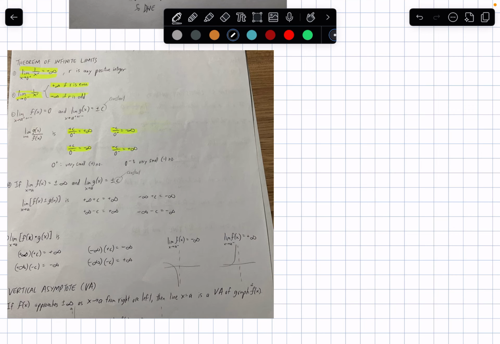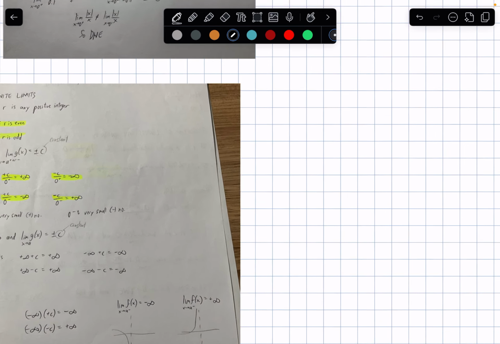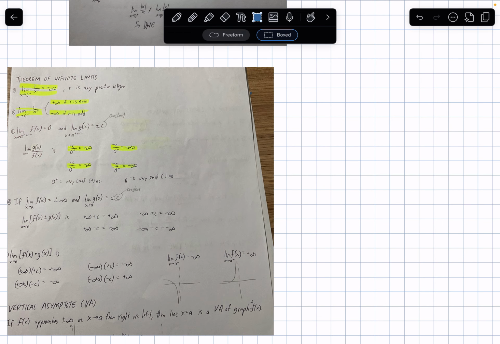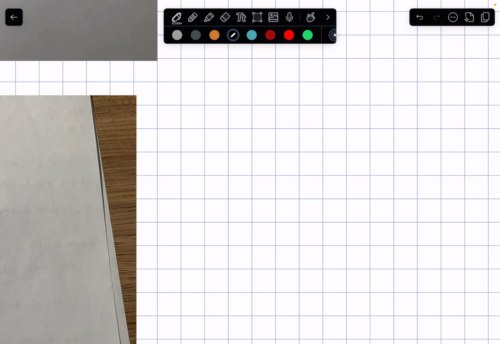Okay, so in this video, we'll have a rundown on the theorem of infinite limits. It's already written as shown in this picture. But before that, I'd want to write this down first. So for infinite limits,